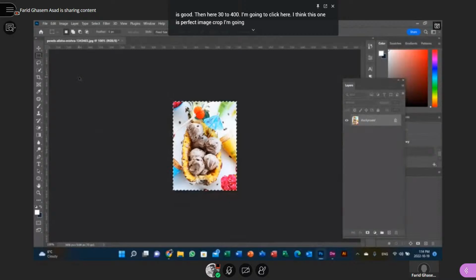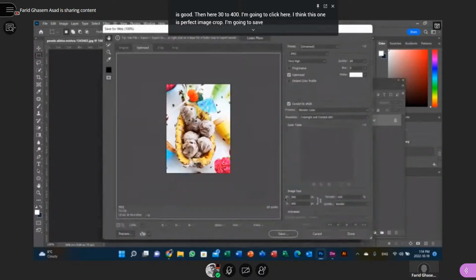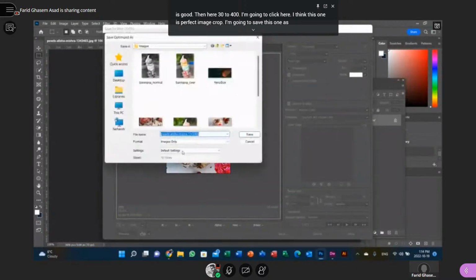I'm going to save this one as a banana. I'm going to call this one pineapple. Pineapple over. Then